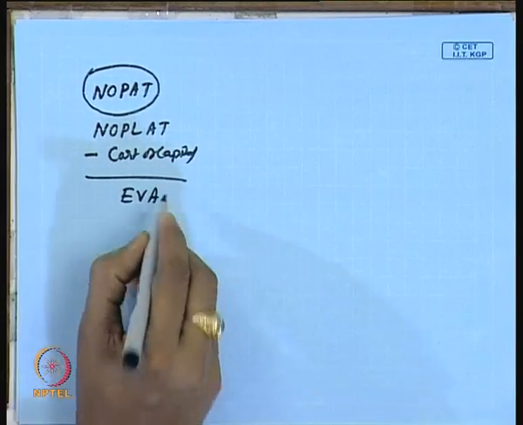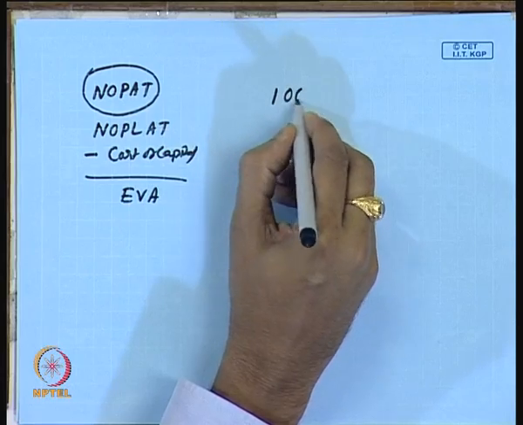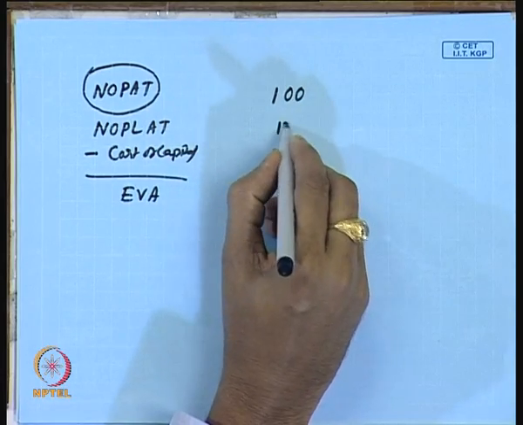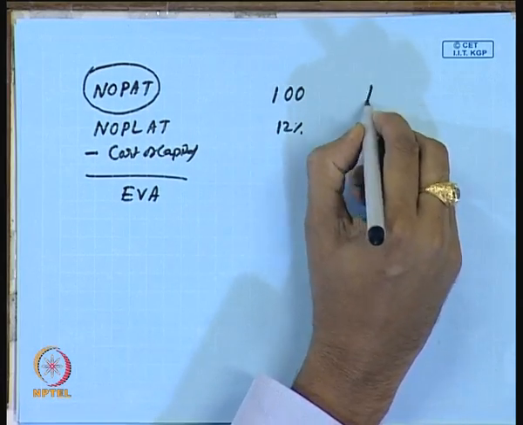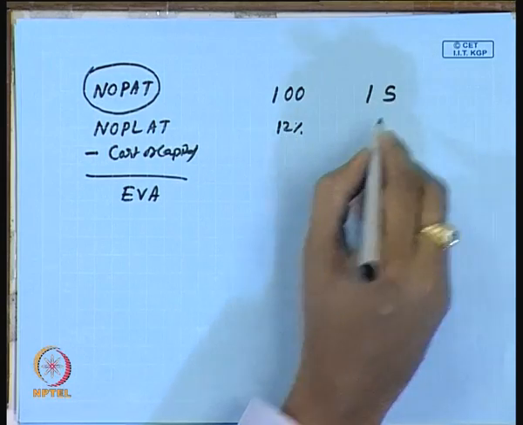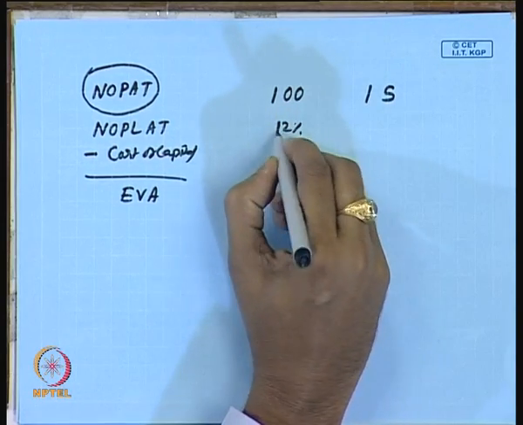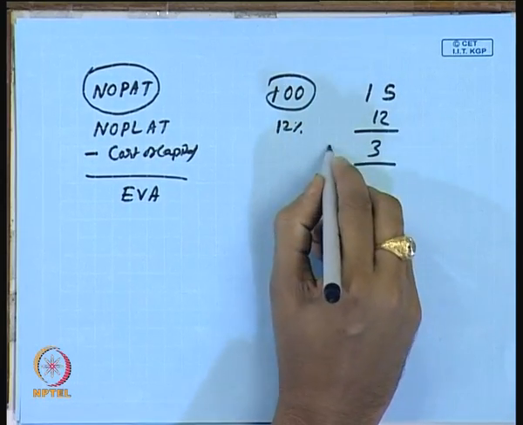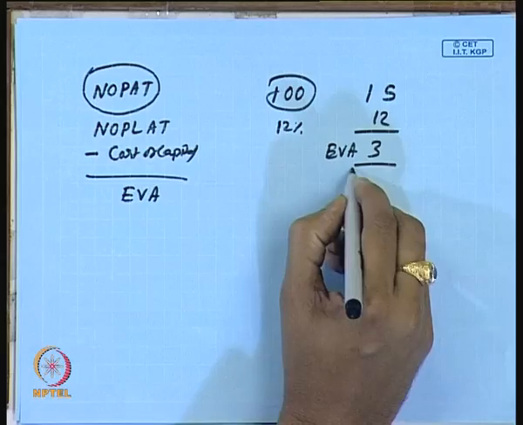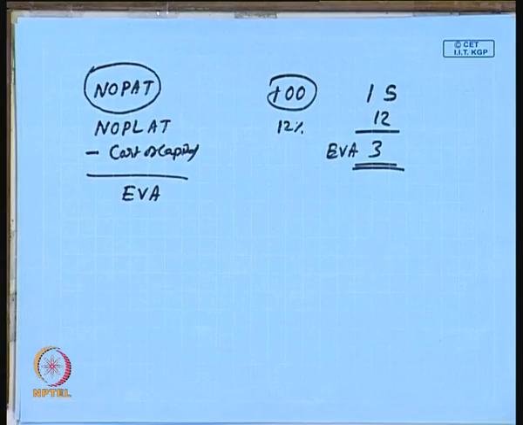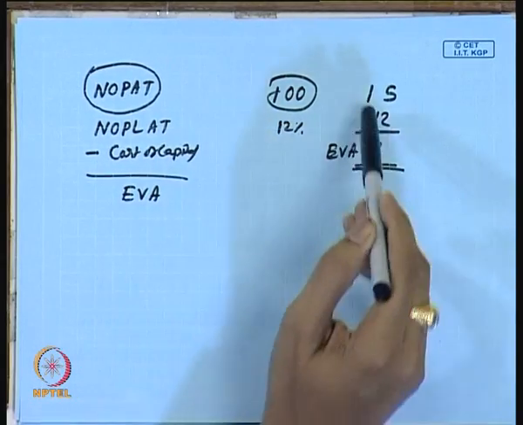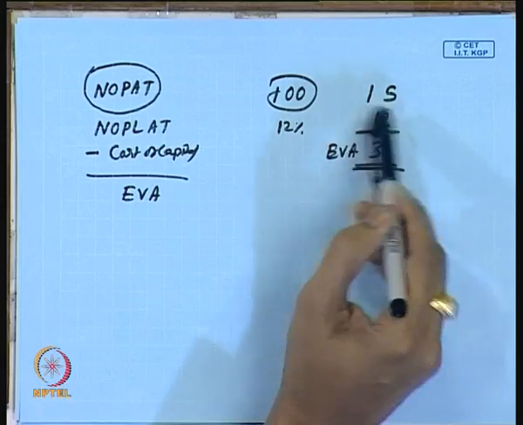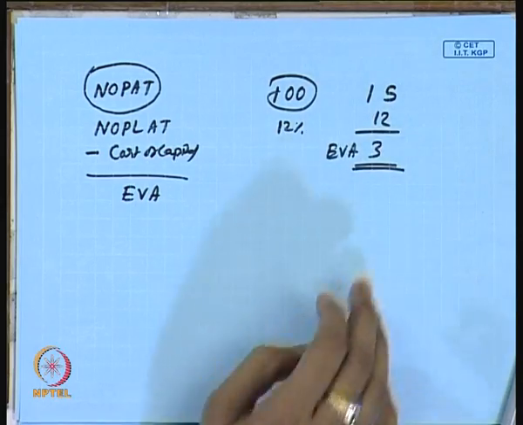economic value added. So, the capital employed is 100 crore and the cost of capital is 12%, NOPLAT is, let us say, 15 crore. So NOPLAT minus the cost of capital, which is 12% of 100 crore, is 12. So 3 crore is our EVA, which is also known as economic profit. That means the company is earning 3 crore more than what the investors are expecting. So, 3 crore EVA.